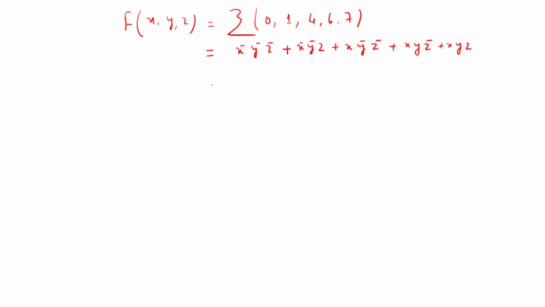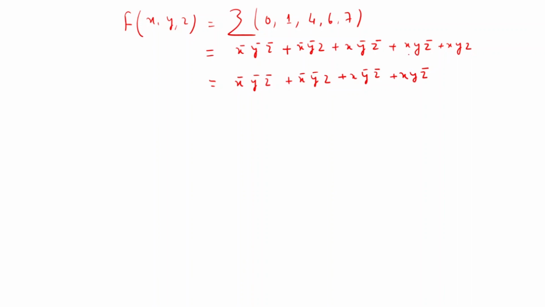Here we have x y z complement, x complement y complement z complement plus x complement y complement z. In these two terms, two literals are common. Plus again here x y complement z complement plus x y z complement. When we see these two terms, again two literals are common. Again the two literals x and z complement are common in both, but y and y complement are not common. Then here only a single literal is present.